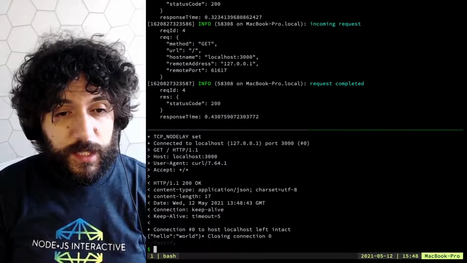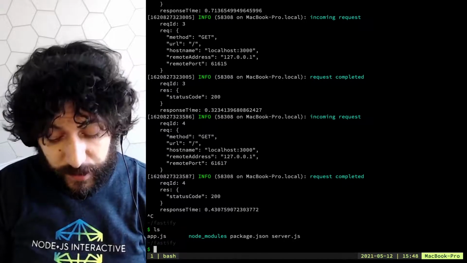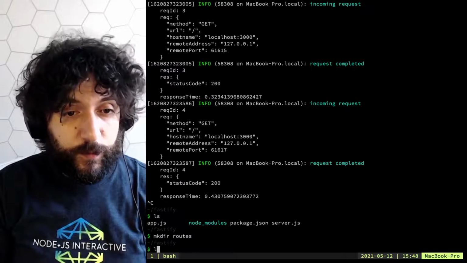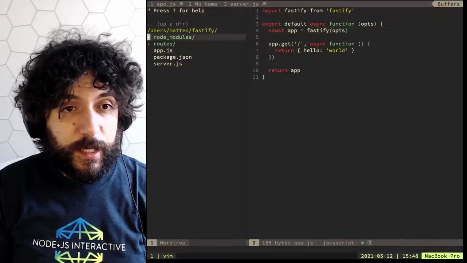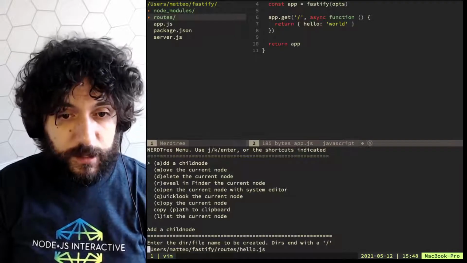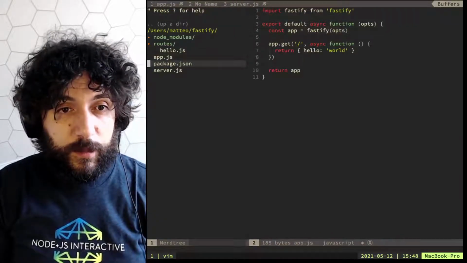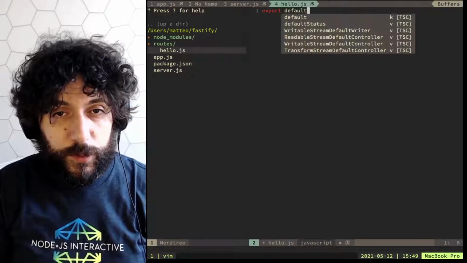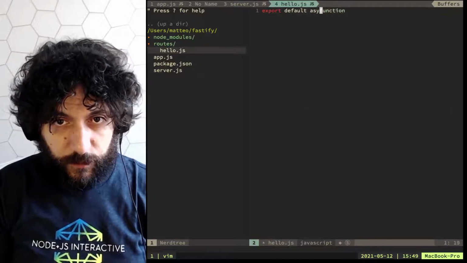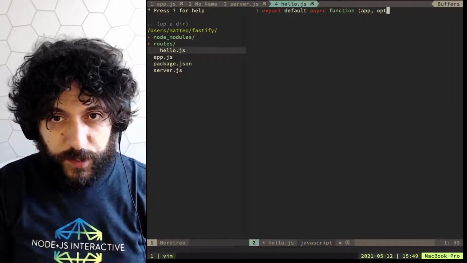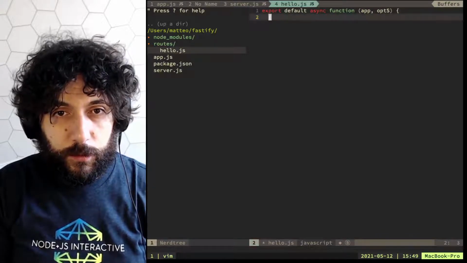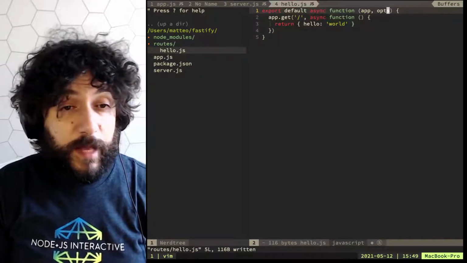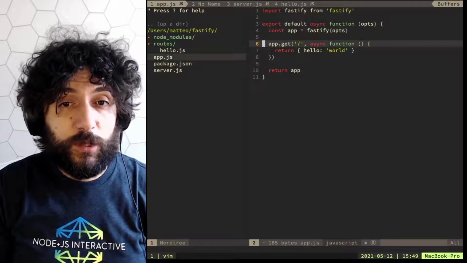Cool. Okay, so this is a good example. However, this is not really scalable, as we saw. So we can use routes. We can create a routes folder, and in routes I can create a hello.js. In hello.js, I'm going to copy this, and here I'm going to export default async function app opts, and then I'm going to pass this in, and then in my app.js